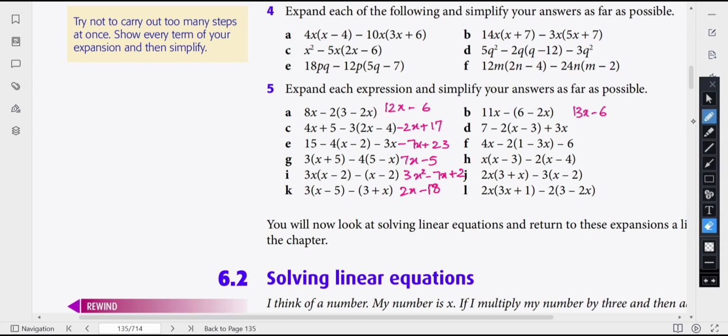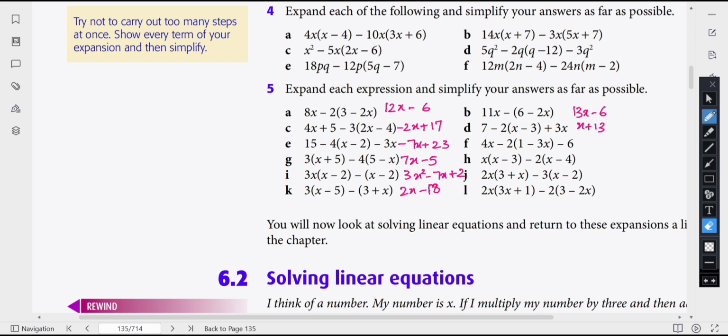Now for the D part, अब इसमें क्या हो रहा है, माइनस टू अंदर मल्टीप्लाई होगा x से, तो 7 minus 2x, right? 2x plus 2 इंटू थ्री, माइनस टू जब माइनस थ्री से मल्टीप्लाई होगा तो प्लस सिक्स बन जाएगा, और प्लस 3x। अब भी हमारे पास 7 प्लस सिक्स इज 13, एंड 3x माइनस 2x इज x, प्लस 13 जो है हमारे पास, इसका ये आंसर आ जाएगा।